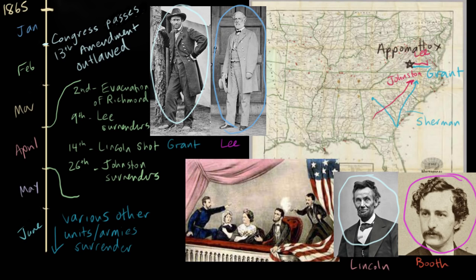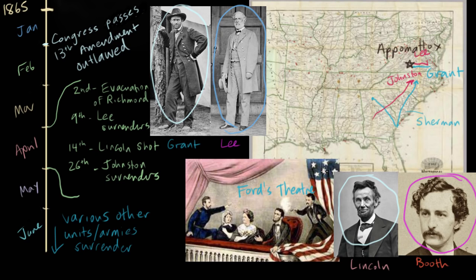So Booth reads in the newspaper that Abraham Lincoln is going to be attending a play at Ford's Theater that evening. And Booth is a regular at Ford's Theater. In fact, he even has his mail delivered there. So it's kind of his home away from home. And when Booth goes to the theater with the intent to kill Lincoln, he pretty much just goes up to Lincoln's box and everyone knows who he is and they say, "Hi, John." And he just walks on by, walks right into Lincoln's box, shuts the door behind him and shoots Lincoln through the back of the head.